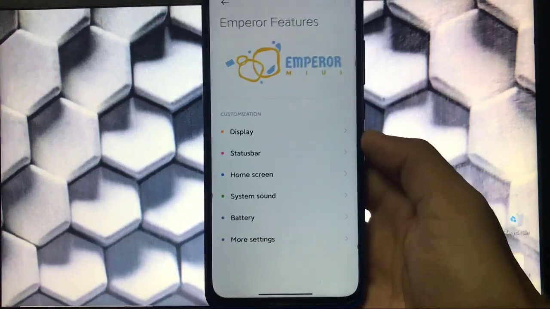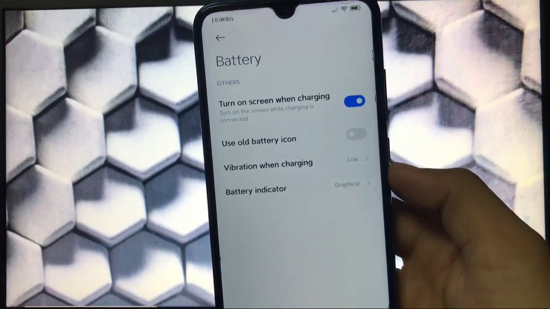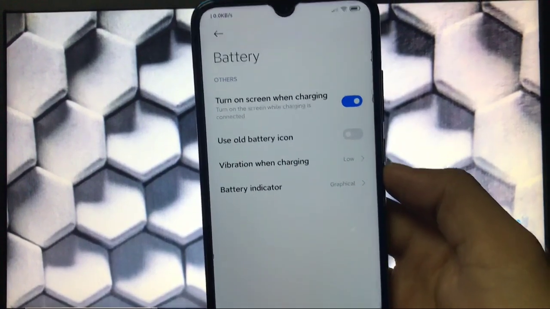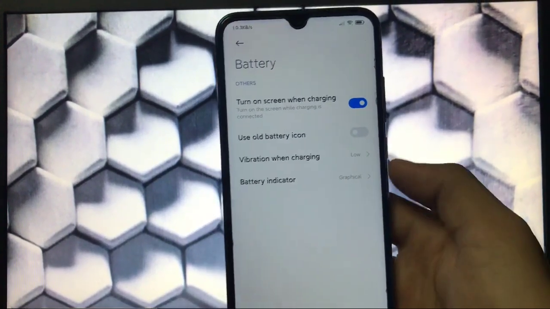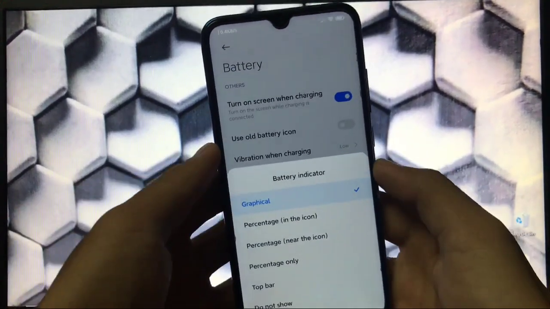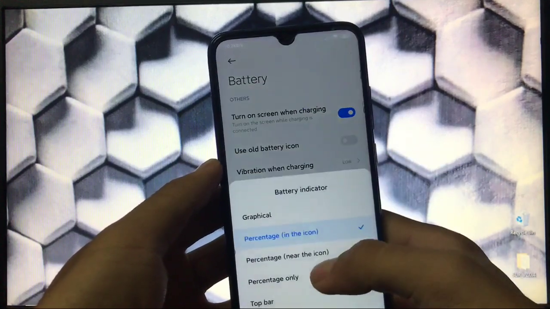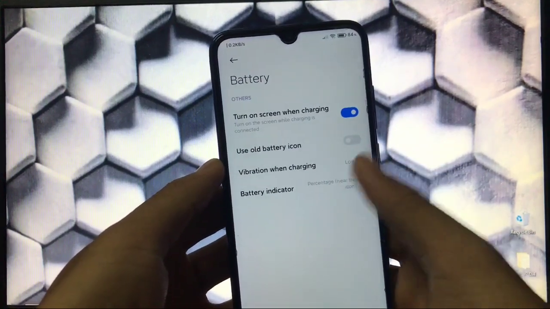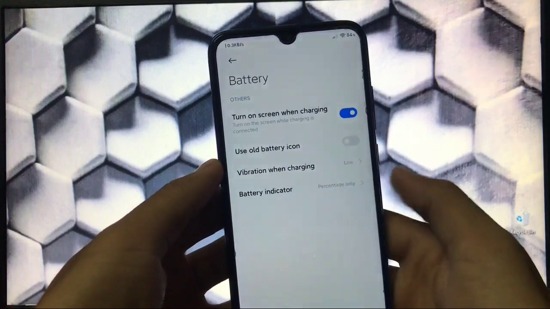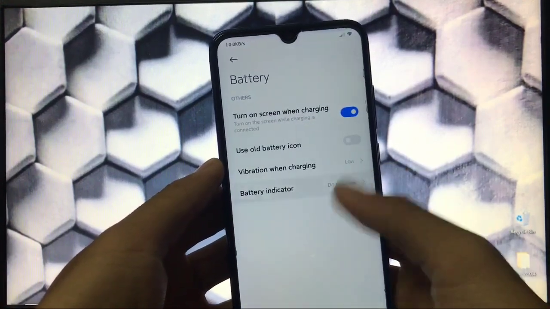Again, some battery customization options, which include old battery icon, vibration when charging, and battery indicator. We have a lot of these things, so let me just tell you. First of all, we have graphical, and when you choose percentage, we have percentage in the icon, percentage near the icon, the percentage only option, the top bar option, and at last we have the do not show option.